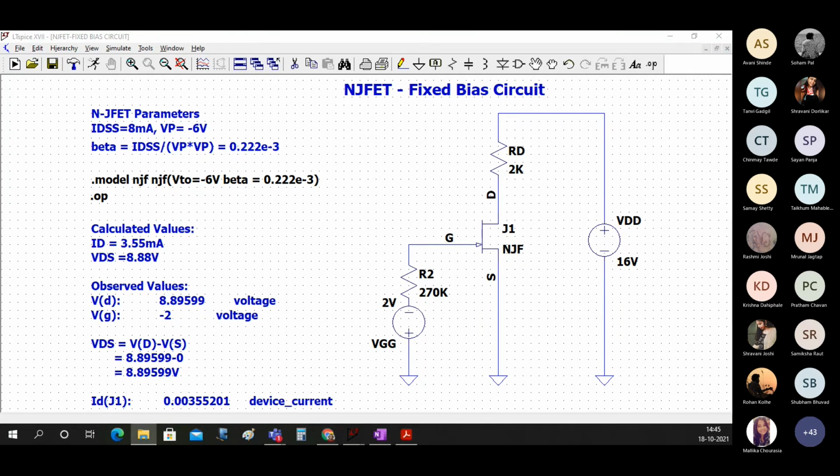Yes, any doubts, please unmute and ask. Soham, any doubt? So today we have done 7 circuits. We have done NJFET, input output, PJFET. You will conceptualize that. It's not a very big thing. And the 3 circuits. So in all we have done 7 circuits.